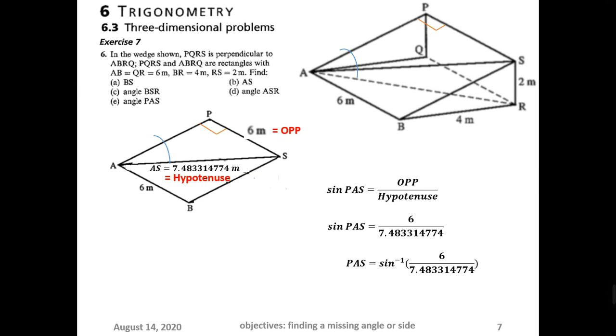And again, to get the sine inverse, you press shift, and then the sine inverse will show on your screen, and then with a small bracket, and then you press the fraction button, and you write in the upper box of the fraction 6, and in the lower box the 7.48, close the bracket, press equal, and you will get the angle PAS as